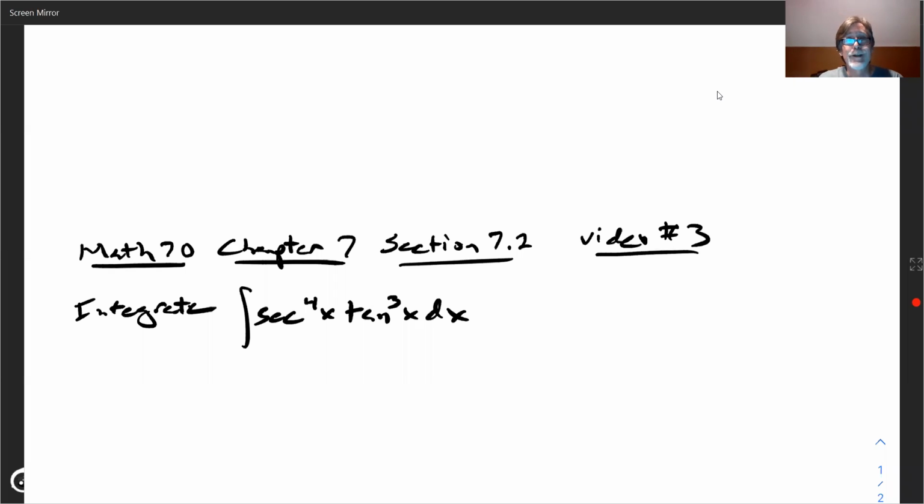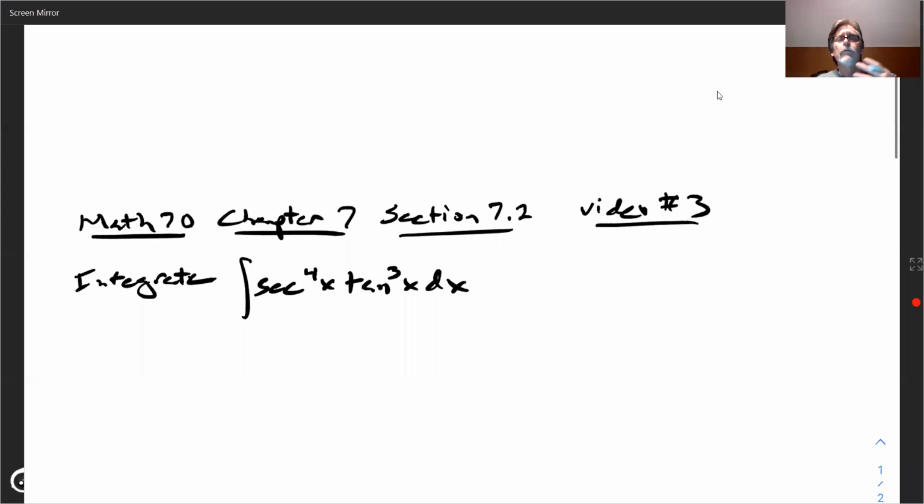Okay, let's talk about powers of secants and tangents now in terms of integration. And by the way, as we do this for secants and tangents, you should know the same strategy works for cosecants and cotangents. In cosecants and cotangents, you might have an extra minus sign here or there, so just be careful with those as well. Anyway, what we try to do with these is a u substitution, but before we do that, we should go ahead and remember what we know about the integration of